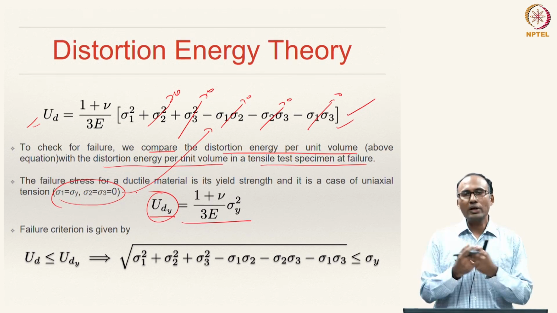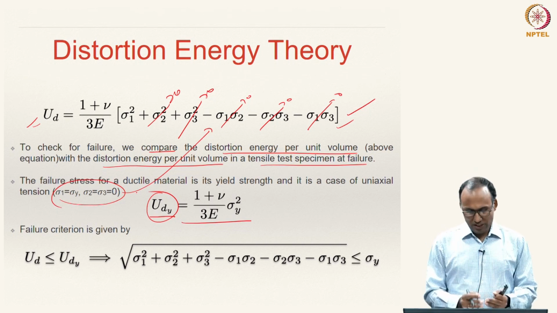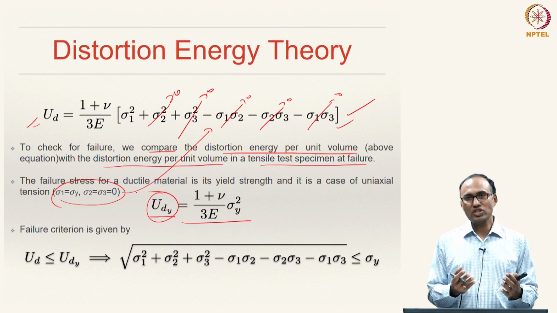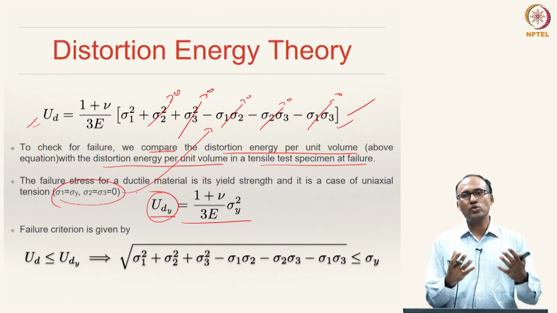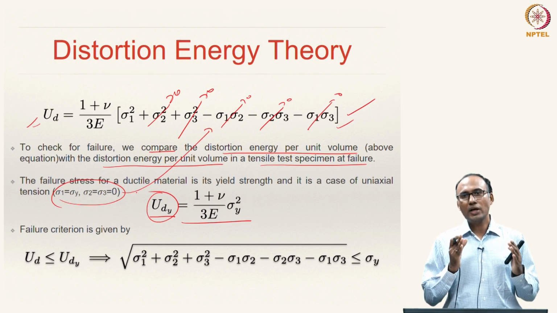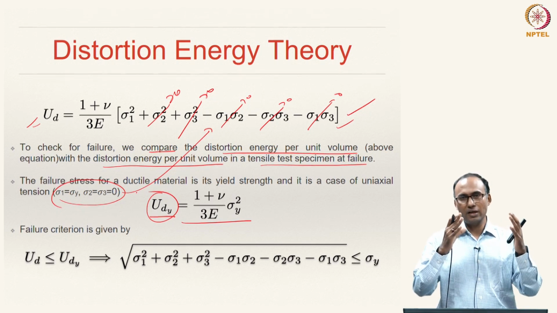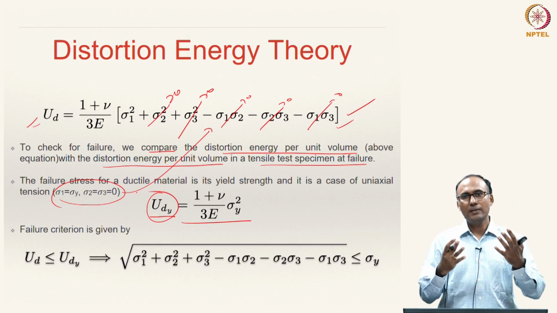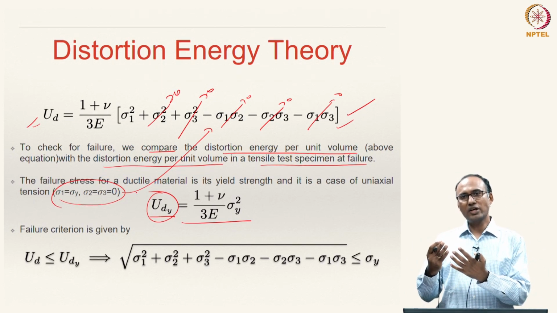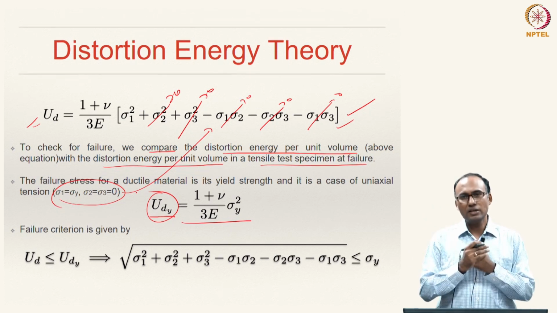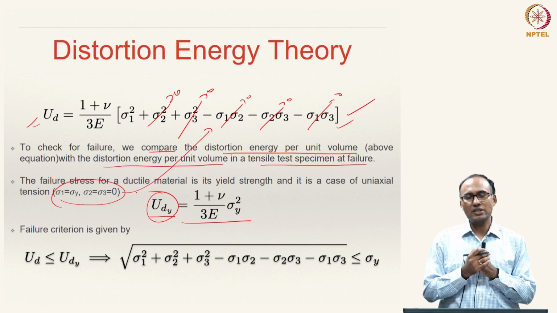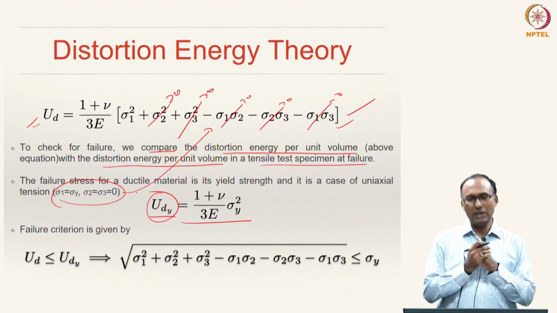By looking at the property of the uniaxial tension specimen's energy, we are now comparing energies. That is a good situation, because these two are scalars. When the distortion energy stored in a material because of a complex state of loading becomes equal to the distortion energy stored in the material subjected to the uniaxial tension test at yielding, that is when the material subjected to the complex state of loading also undergoes yielding, right.